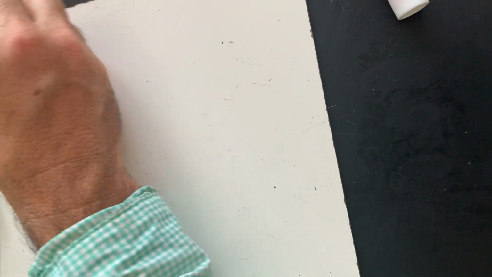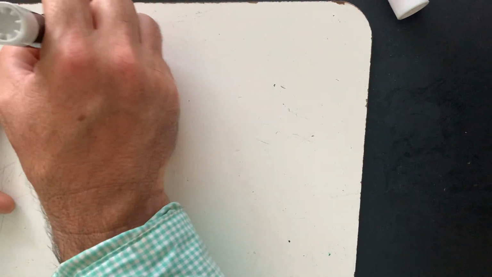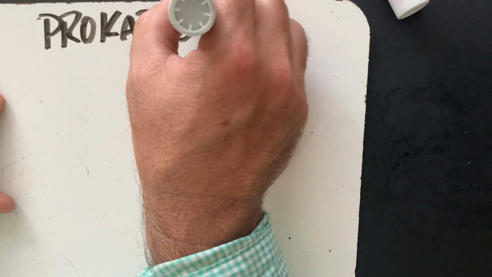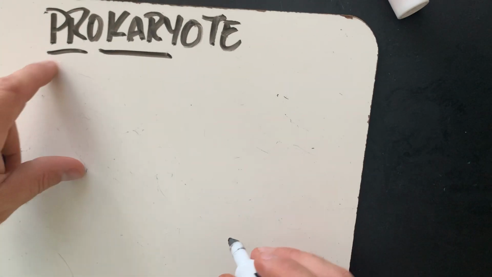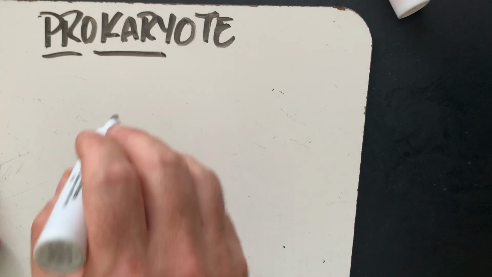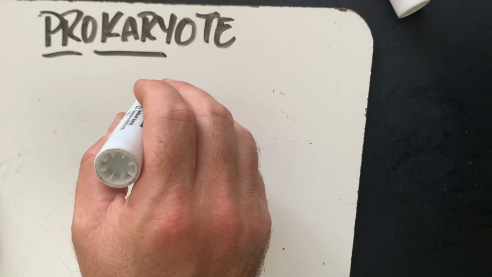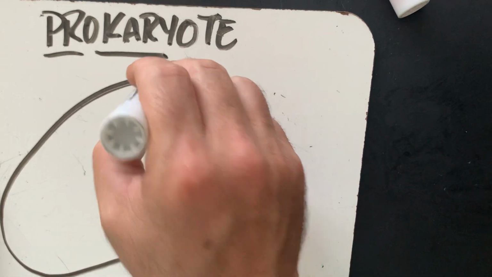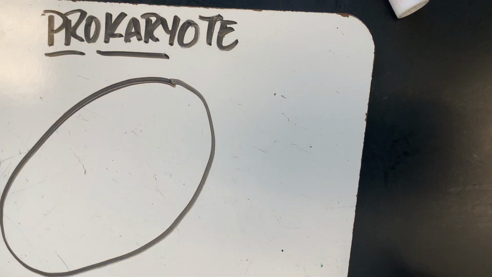Prokaryote's really simple. Let's make sure you can see it. So I've got a prokaryote. Before nucleus. So when I draw one, I'm not going to draw one with the nucleus. So I'll just kind of draw it. And there's a lot of different varieties of these cells. They look a lot of different ways. And again, I'm not going to draw this to scale. I'm going to draw it to scale in just a moment.